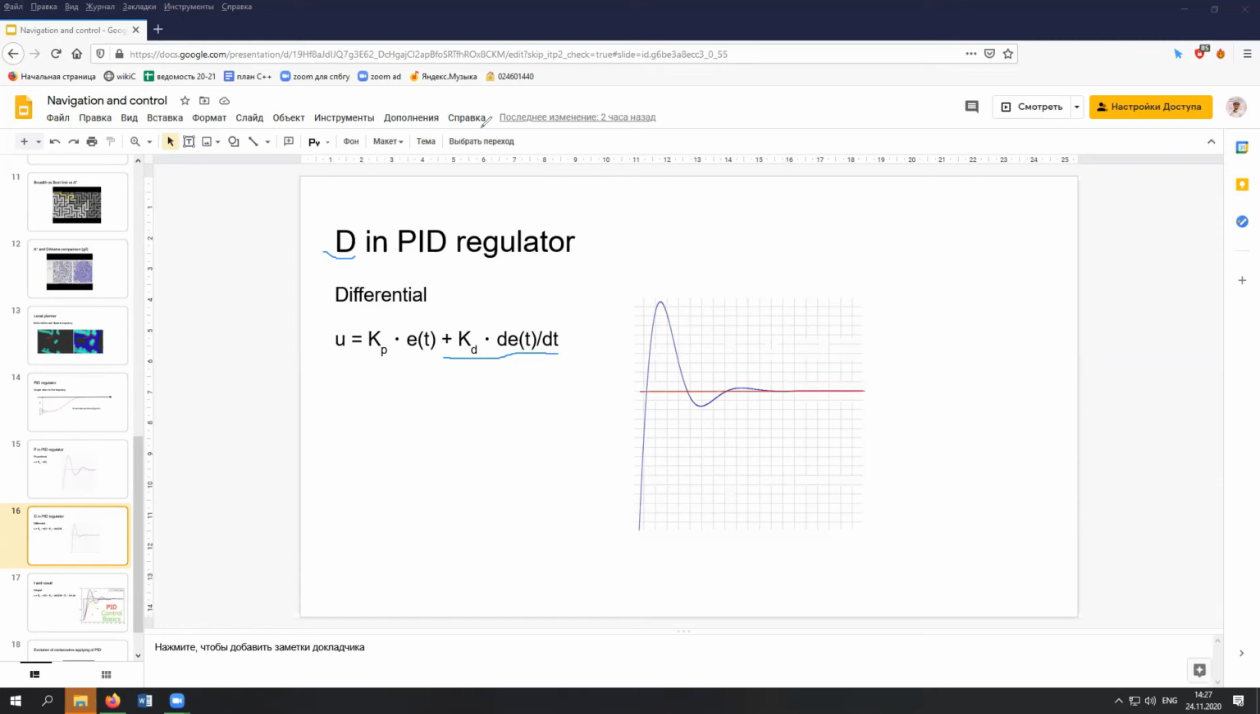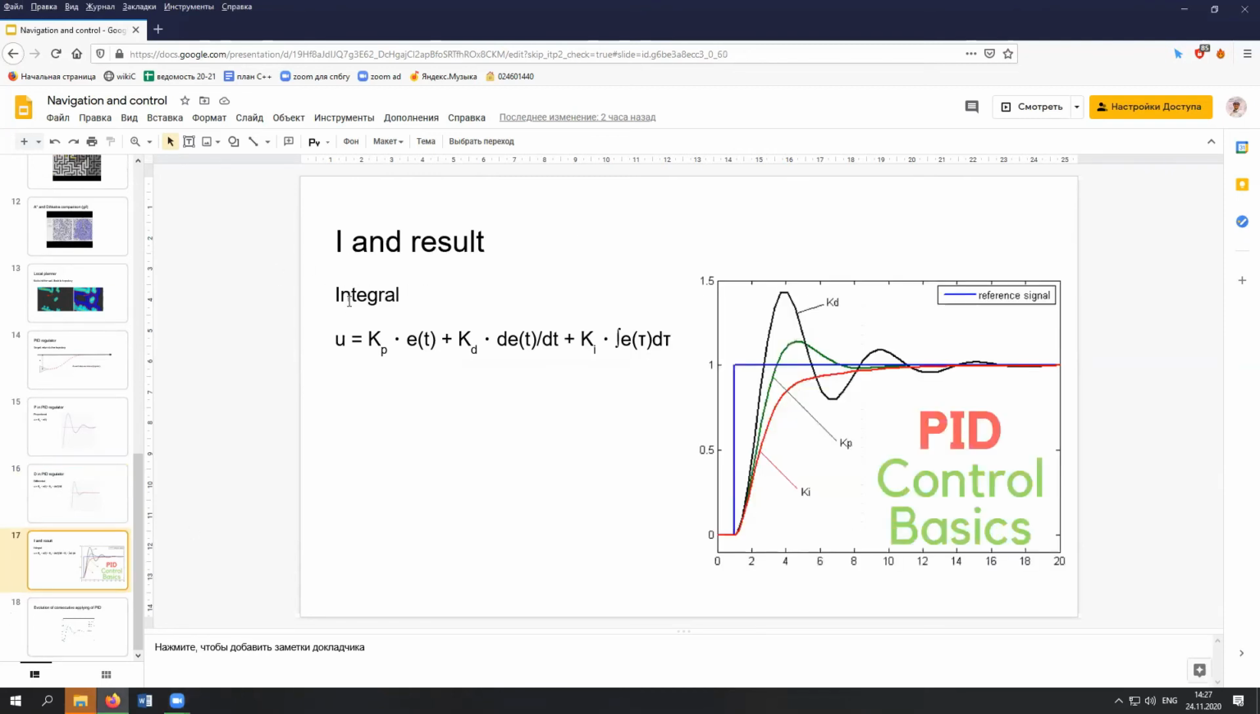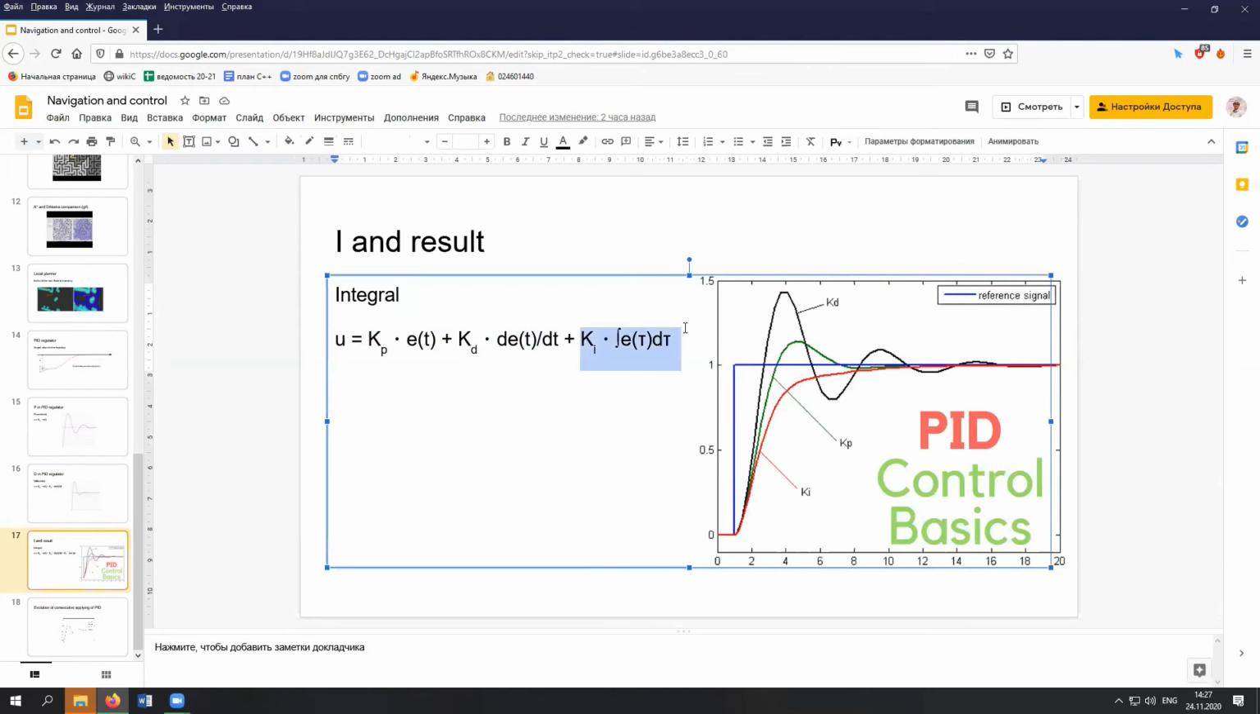And I hope that you already know what the I in a PID regulator is. It's integral. It also adds some coefficient that depends not on the derivative but on the integral of the error. And that's it. And in this picture, you can see the difference of using